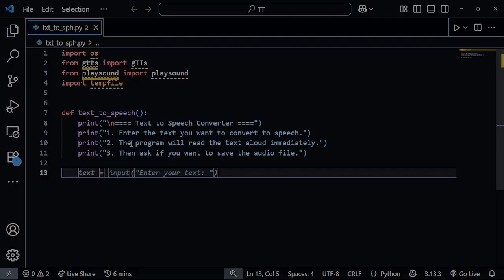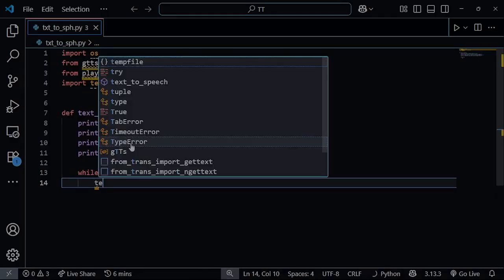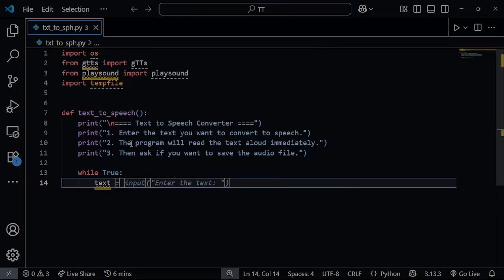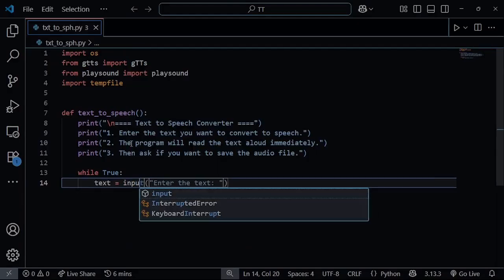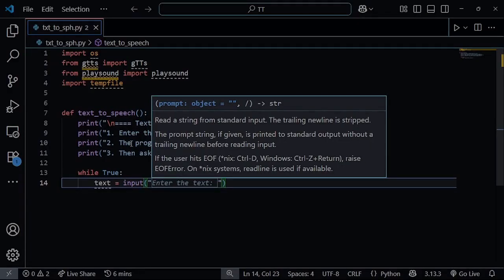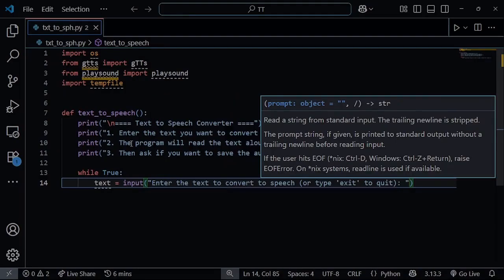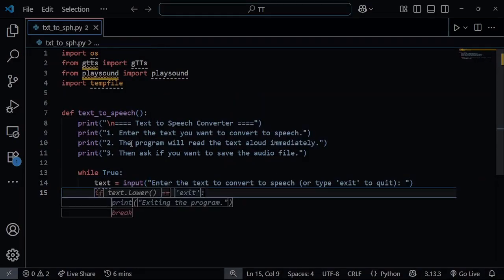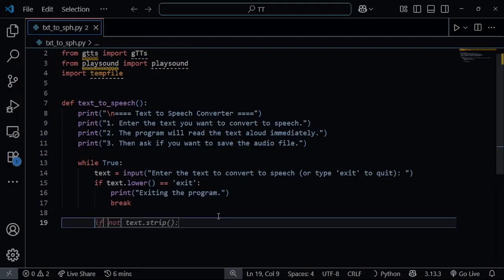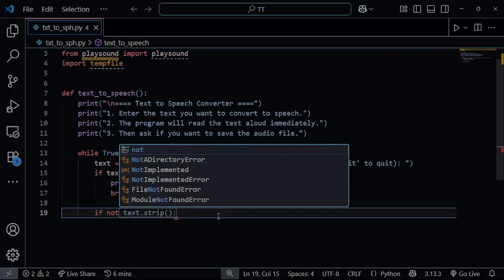So we just want to have a while loop here that will keep prompting the user. So while True, we want to have a text variable and just say text equals input, then enter the text to convert to speech. Exactly, this is what we want to do. Then at every point in time, if this text is exit or quit, we want to break out of this loop itself. So just go ahead and say if not